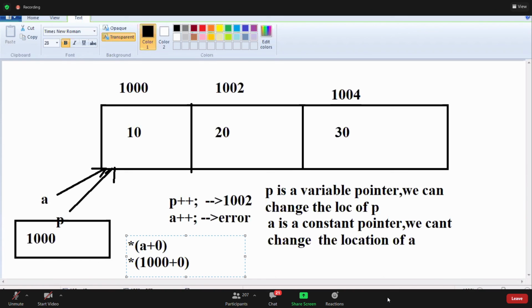Star 1000, right? This value is how much? Star 1000 value is 10.